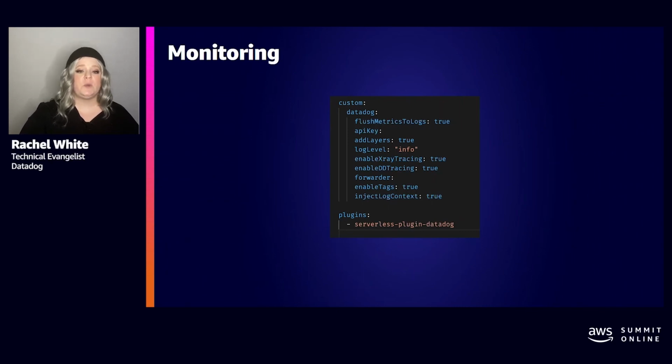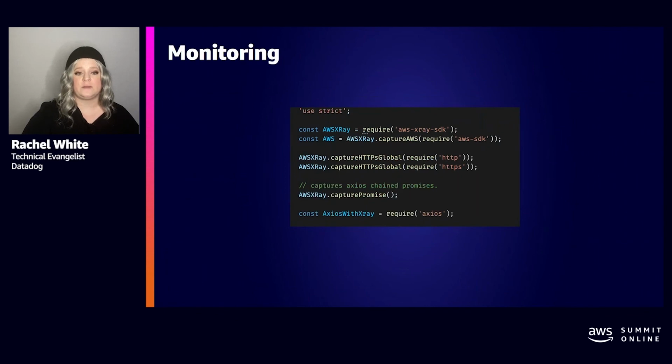In addition to the serverless plugin, we're going to add AWS X-Ray, which lets developers trace distributed applications built using AWS products. For that, we need to head back to our handler.js file. You can run npm install aws-xray-sdk and require it in your Lambda function first, because you want to catch everything that happens after it's included. We add the code for capturing all HTTP and HTTPS traces, as well as capturing chained promises, which is super important because so much of Node.js is promise-based.